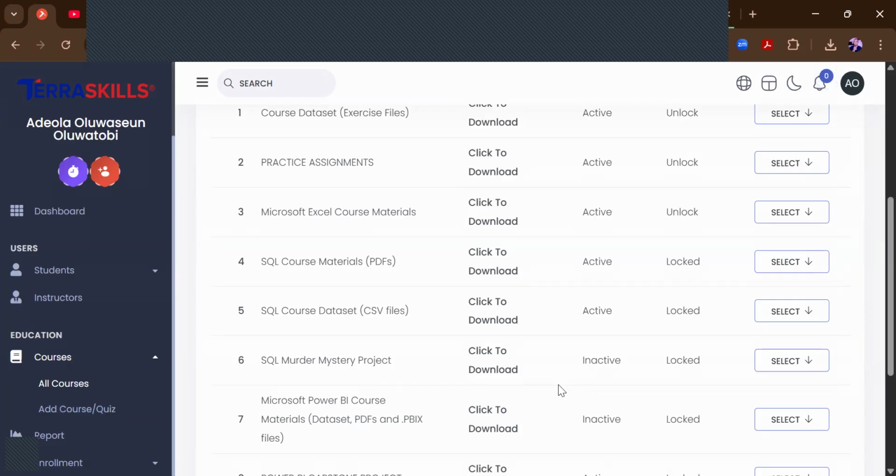Because if you believe that analysts working for all those intelligence organizations don't work with Excel, don't work with SQL, don't work with Power BI or Tableau, you are really getting it wrong. They make use of every one of these tools, depending on what they want to do. So please,